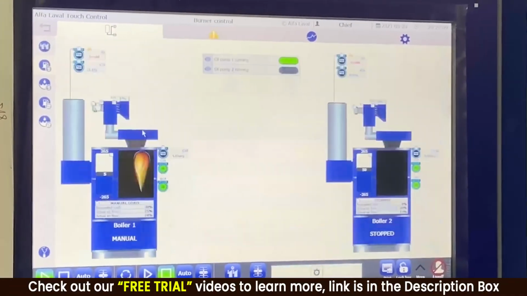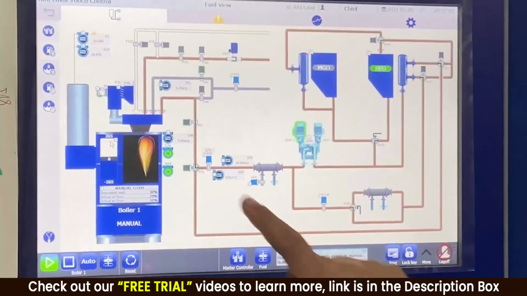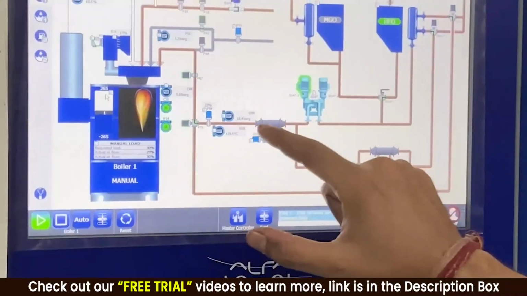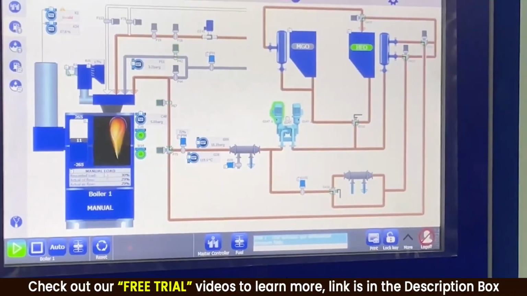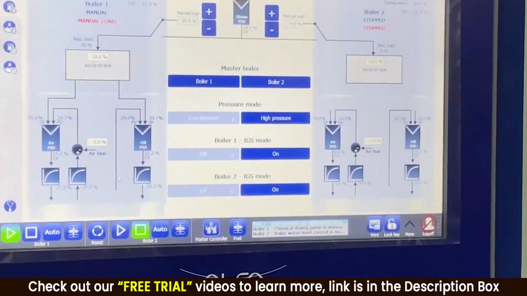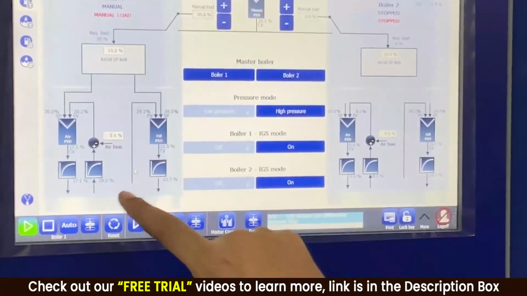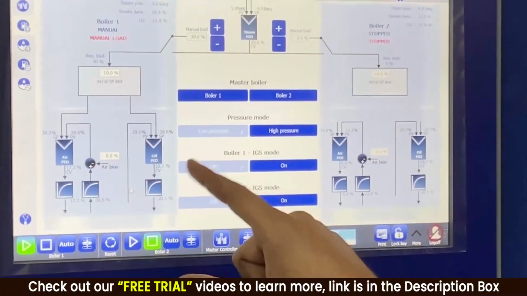Right now my valve is 22% open. You can see over here, my valve is 22% open. When my valve is 22% open, more oil is going through the oil flow meter, and the feedback that I get is right now 29.2%. This is coming from the flow meter. Copied, guys? Now the thing is, you are running at 30% load.